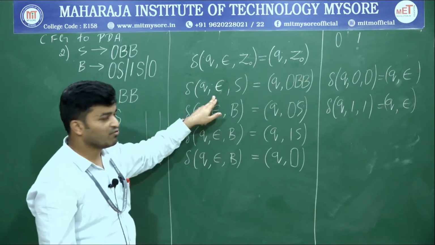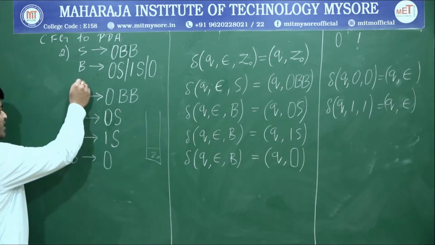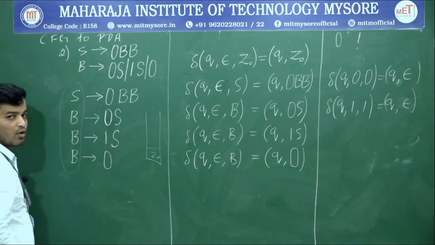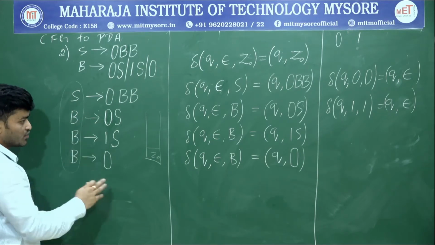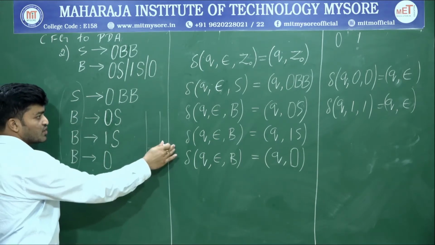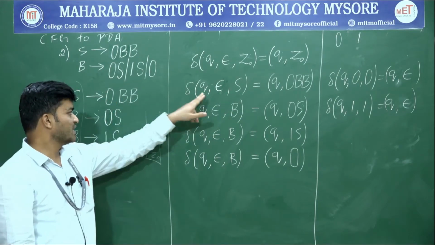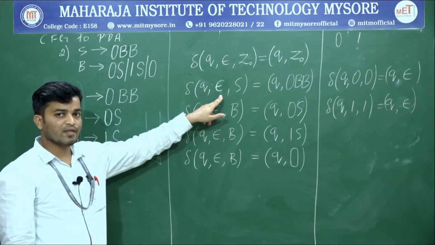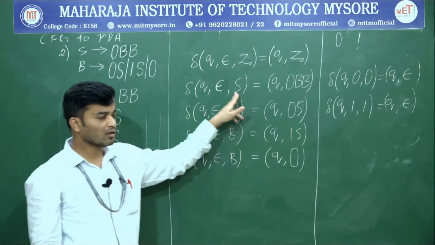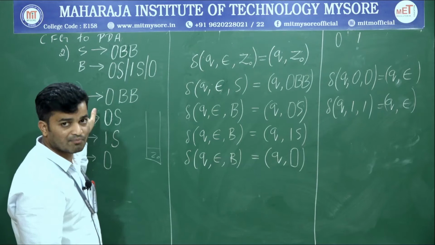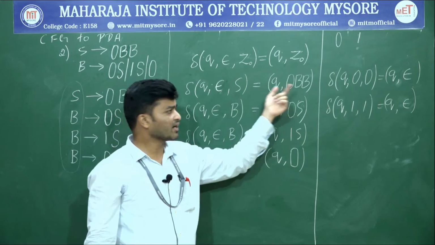Okay. So next you can perform a push operation for all the variables that are present in the given context free grammar. There are only two variables, one is S and another is B. But we have many productions. For each production you perform a push operation. So what's the first push operation? Q, epsilon, S. The state is Q, and since we don't know the input, we write epsilon, and the variable S we write as it is. Whenever there is an S, I can replace that with 0BB. So instead of S, we can write 0BB.